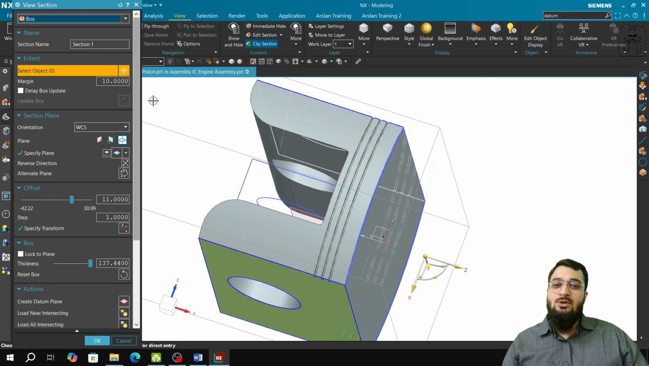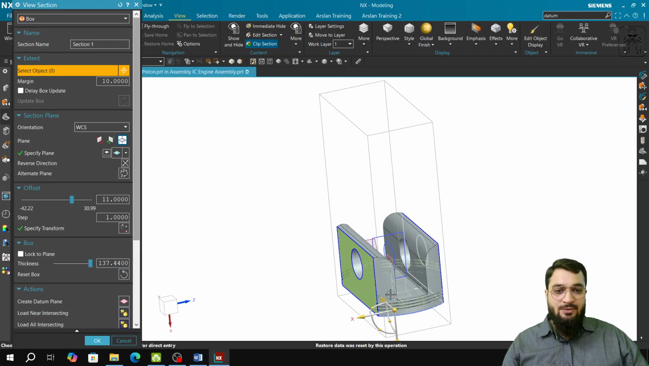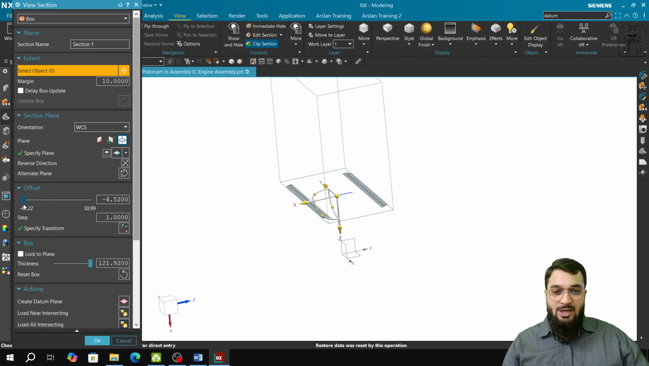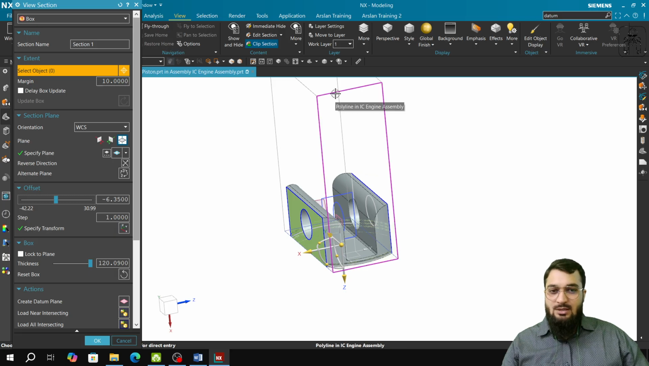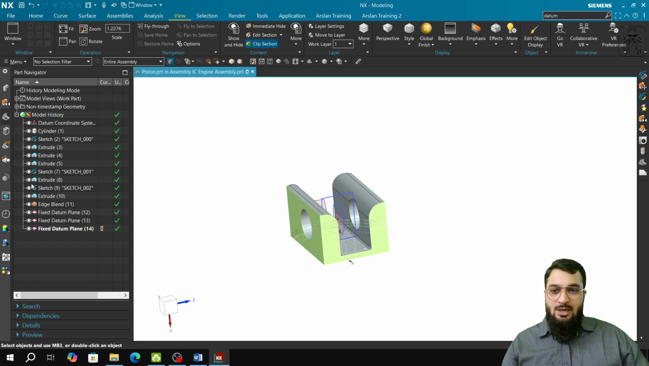Another option is using the box method. I will just make it fit, and in this we make a cuboid, and that cuboid will act as the six section planes which will be in action. So for example, if I want the section plane to be somewhat like this offset, it will be like this. If I want to have a section over here also, then I want it to have a section over here, and then I